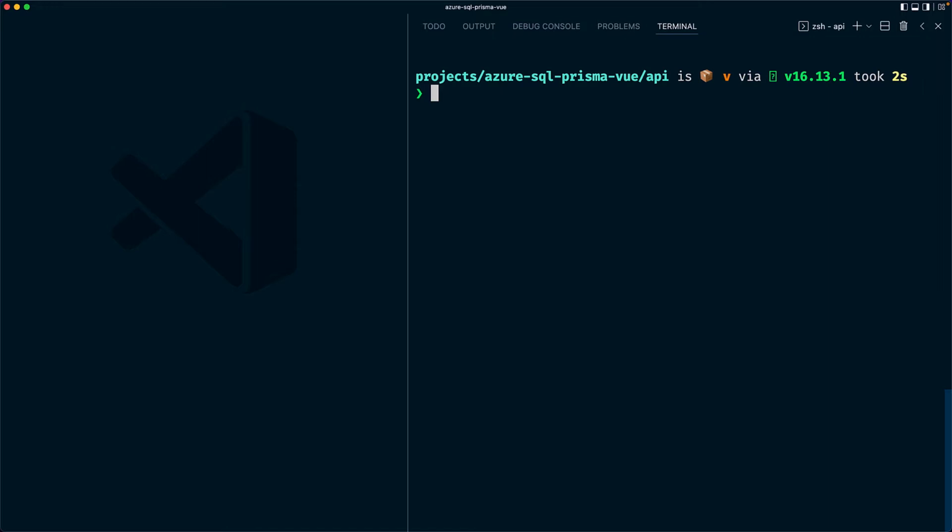In a previous video, we installed the Prisma CLI as a dev dependency. We'll now use the Prisma CLI to initialize Prisma in our project. So on your editor's terminal, ensure that you're in the API directory and then type npx prisma init. You can run the command as it is, and Prisma will set Postgres as the default database provider. However, you can provide the data source provider flag and then specify your preferred database. In our case, we'll set it as SQL Server and then run the command.